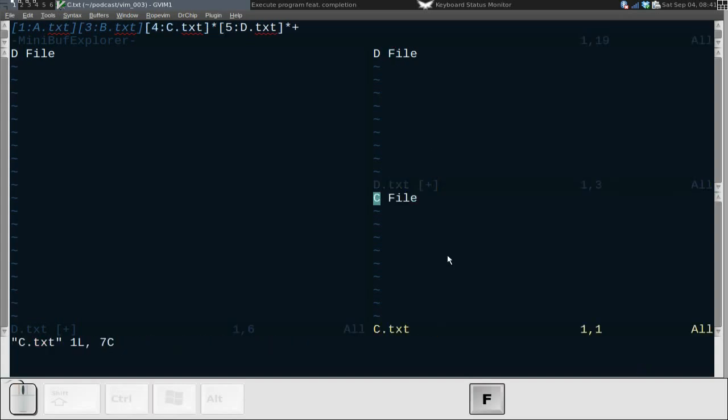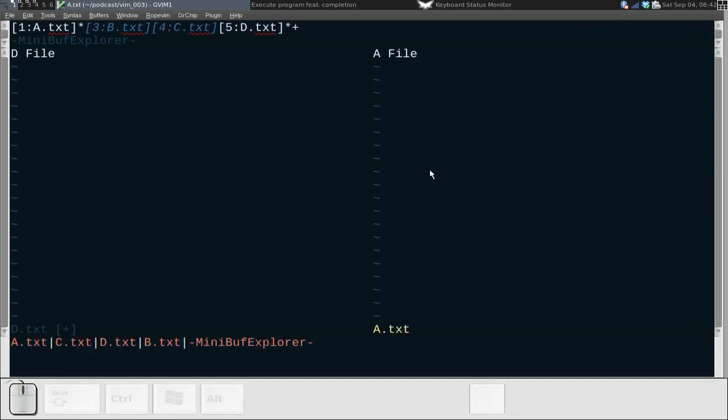Let's go and open up C and A. So, here very easily I've got 3 different files open, comparing them side by side. I can close them, and yet I still have access to this neat history of what I've had opened, when I had it open, and it's very easy to go back and forth between things.